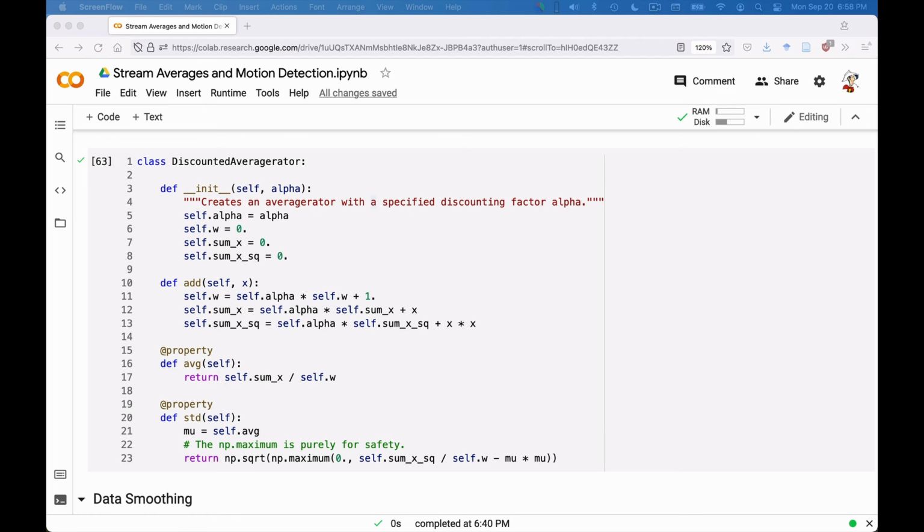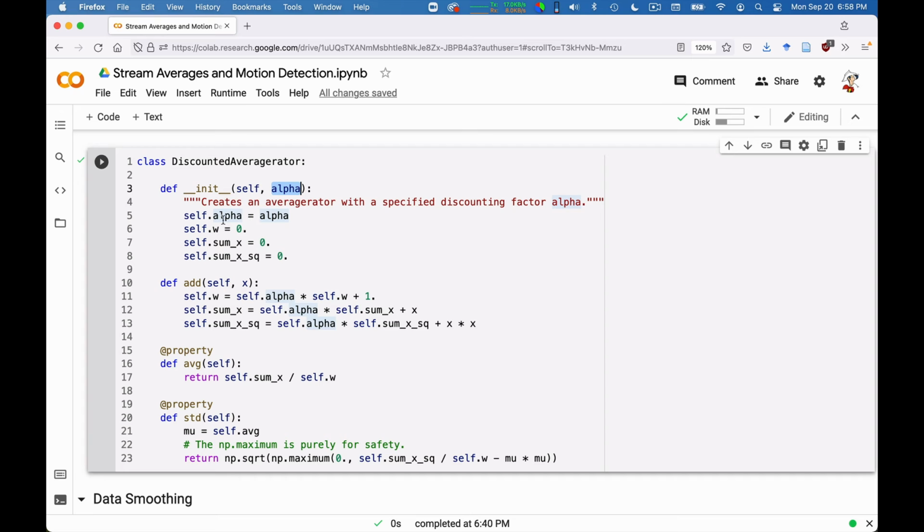So this is the code for the discounted averagator. It takes as initializer a value of alpha, of course, which we store. And then, just as before, instead of calling it n, I call it w because I call it weight. But this is what n was before. So I set the weight to 0, I set to 0 the sum of the x's and the sum of the x squares also. And you see that the updates are very similar to before, except that I discount by a factor of alpha what is in the past.